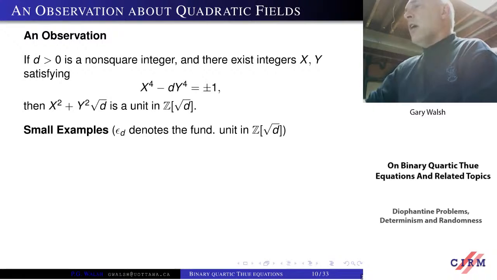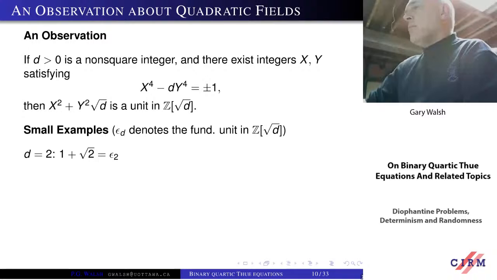So, well, what does that give you? It gives, surprisingly, a lot. So let me just mention quickly some observations we made early on in the process. Here, epsilon sub d will denote the fundamental unit in the ring Z adjoin the square root of d. And I'm going to list off some d for which this equation is solvable. So here, the first one is 2, and the solutions are x and y both equal to 1, which gives you the unit 1 plus root 2. And lo and behold, it's the fundamental unit of the quadratic field.